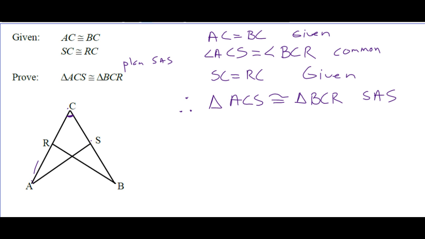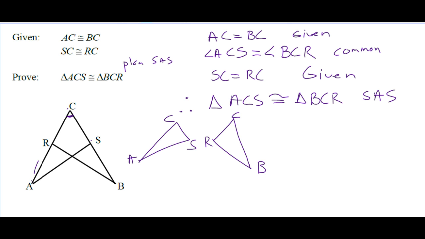Now, something you might want to do, because remember I said we can't really mark on this diagram. Everything's kind of on top of each other. But what we could do, before we do any of this, is split out triangle ACS and split out CRB. One of the tactics in doing this is, if things are muddled together in one diagram,